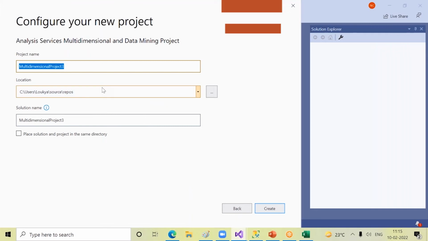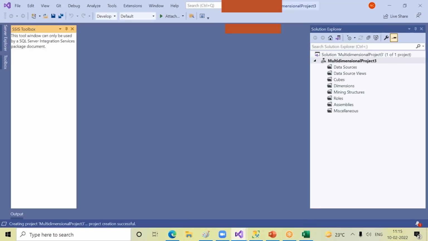Here, where you want to save your packages, you need to mention the location and click the Create option. When you click Create, the window will open here like this. So this is the option to open the SSAS window in your system, basically,